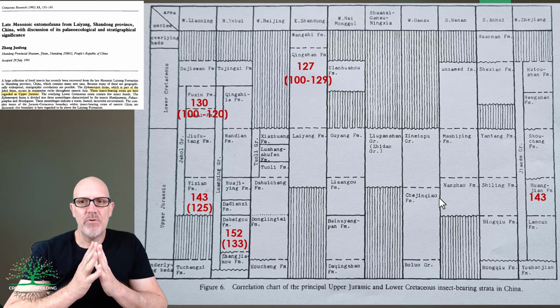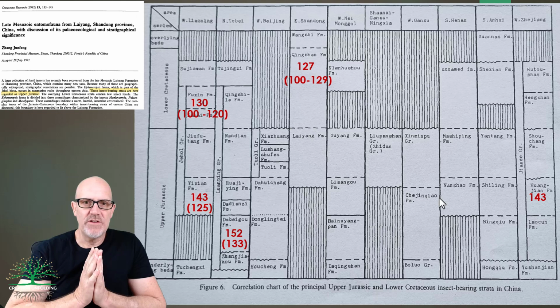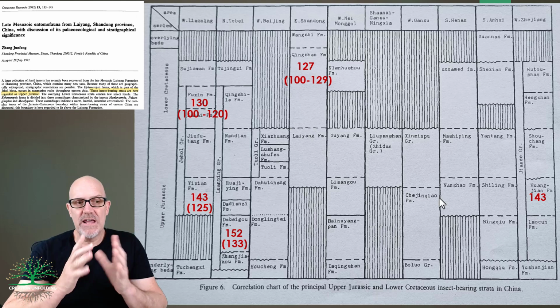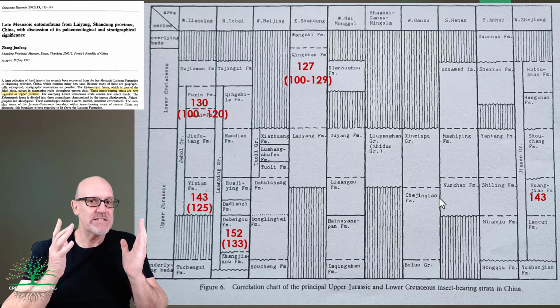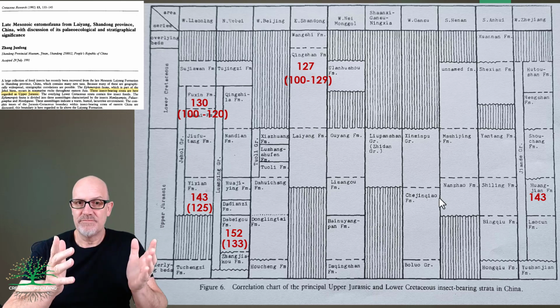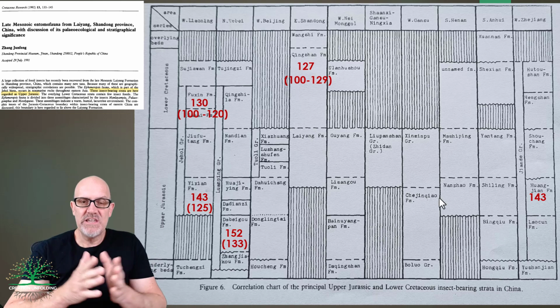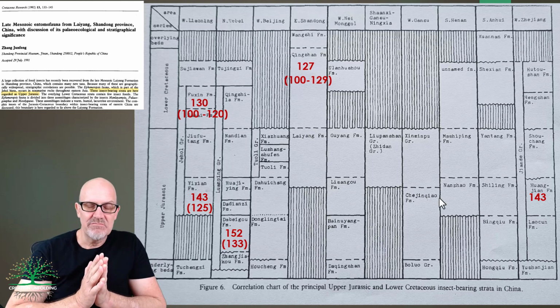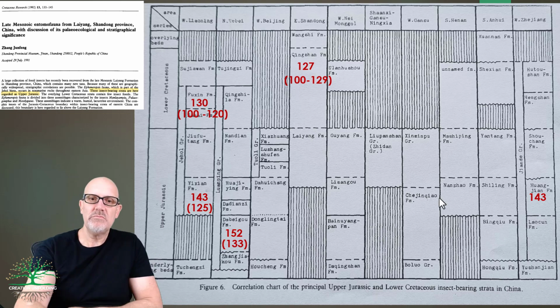And in that paper, that's the way they've described the Yishan Formation. They've described it as late Jurassic. Now, of course, at this stage, a lot of these feathered dinosaurs had not been discovered. They didn't get discovered until the mid-90s. So these feathered dinosaurs and birds, they hadn't found any of them yet. This particular paper is just looking at insects, for example. But later they found a lot of these other deposits.